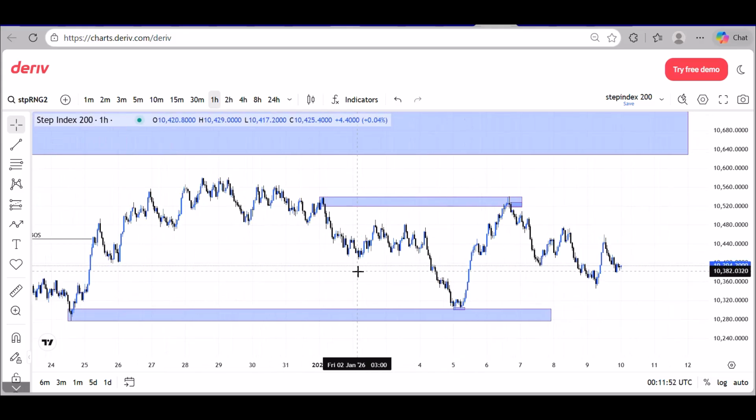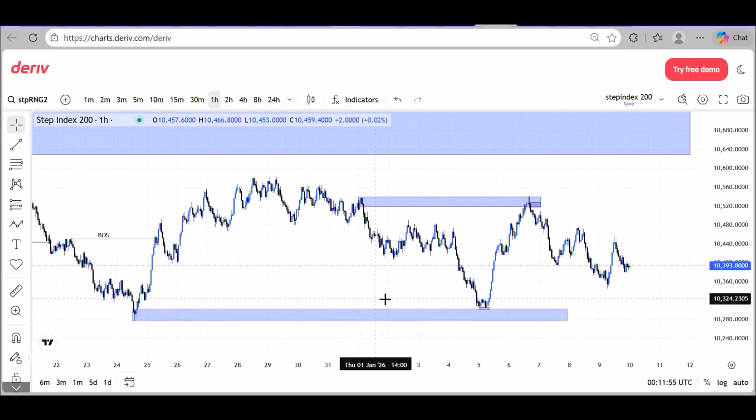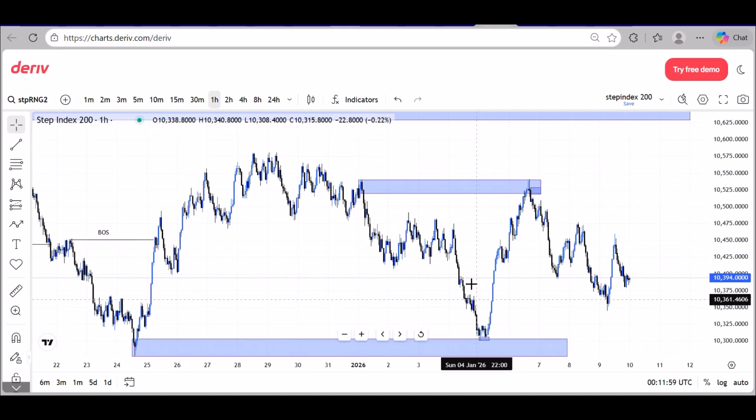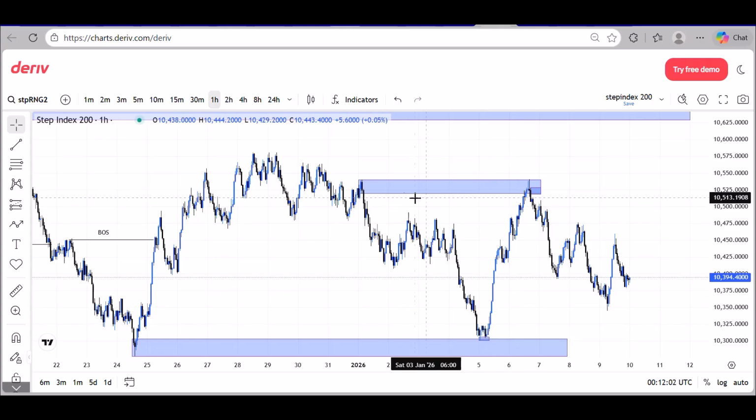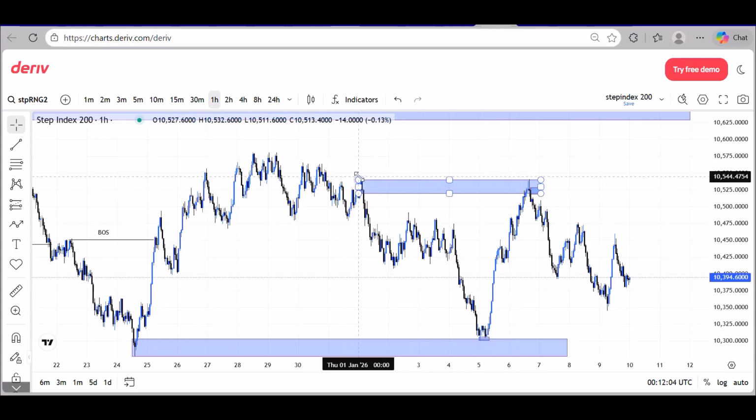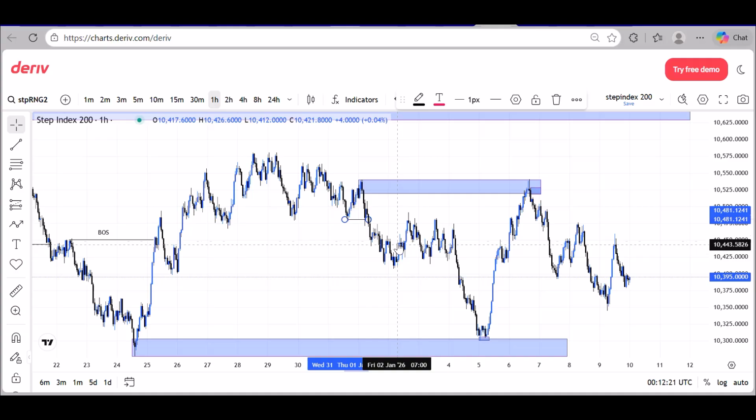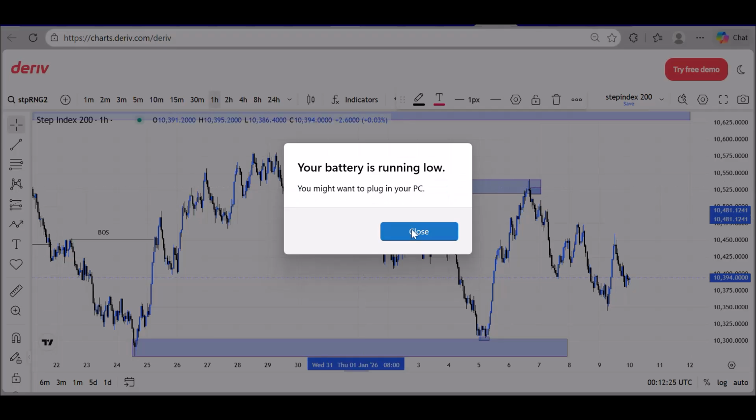Okay, but we actually did something. When price taps into this zone, this is where we're looking at buying. Now before we look at buying, we saw that here there was a break of structure. When price was coming, doing all this, after price broke this structure, it was rallying, consolidating, and we saw that there's a break of structure again to the downside. Okay, price did all this. So that tells us that this is a valid